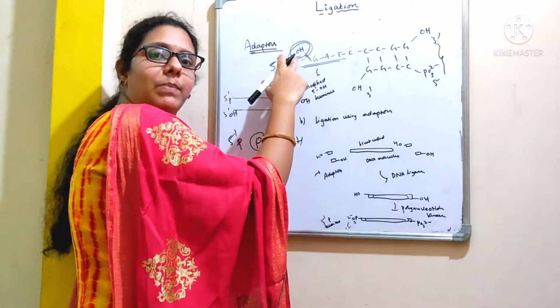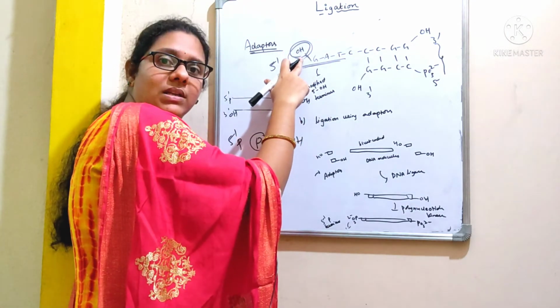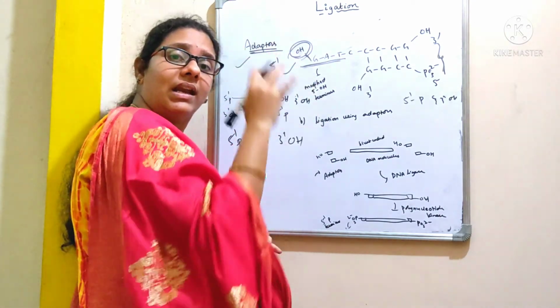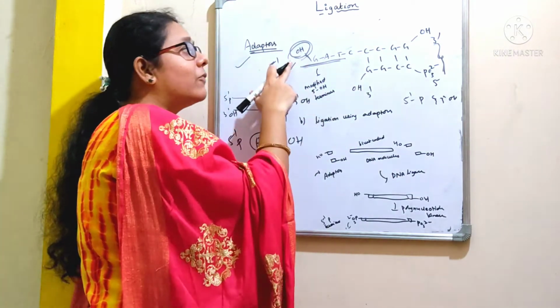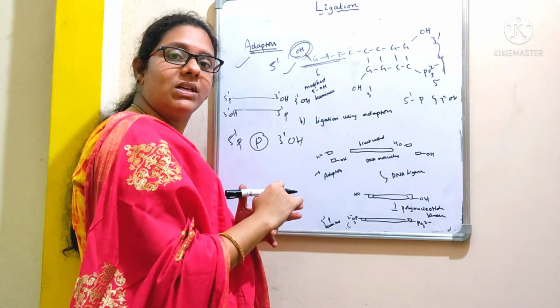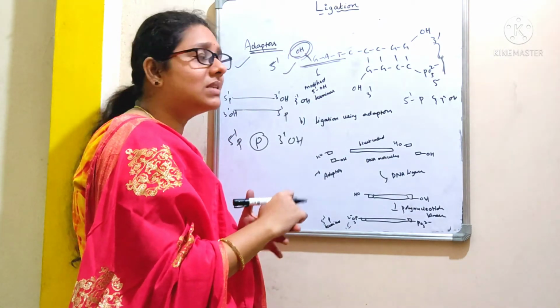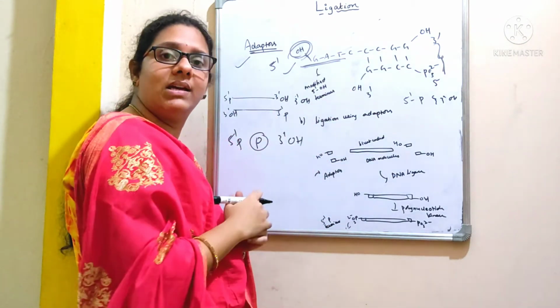But here the 5' phosphate group is modified. It is replaced with hydroxyl group. DNA ligase cannot form a phosphodiester bond between 3' hydroxyl group and 5' hydroxyl group. Though the adapters base pair with each other as they carry the sticky ends, that combination is never stabilized as there is no ligation process.